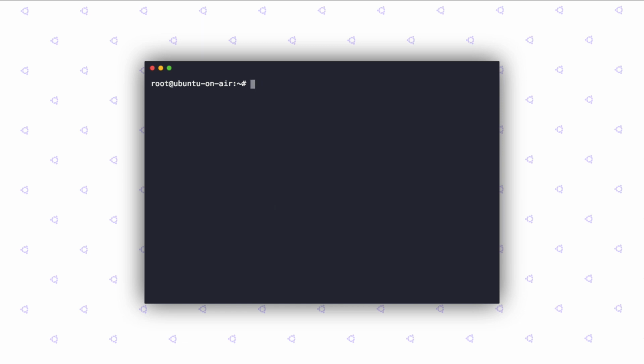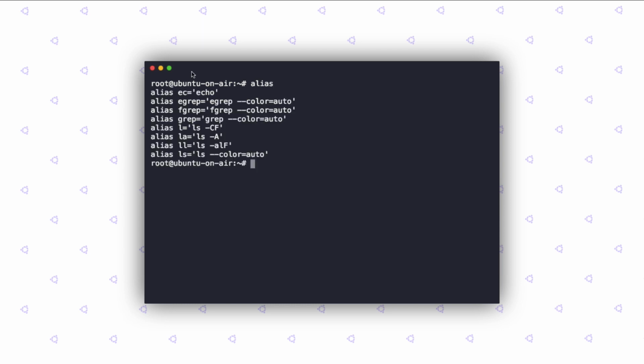Let's clear the terminal out, and now if I do an alias, you can see it's listed as echo. And if I go ahead and type EC hello world, you can see it works. Cool. And this will be persisted across sessions. So even if you quit the terminal, this will end up working once you relaunch it.